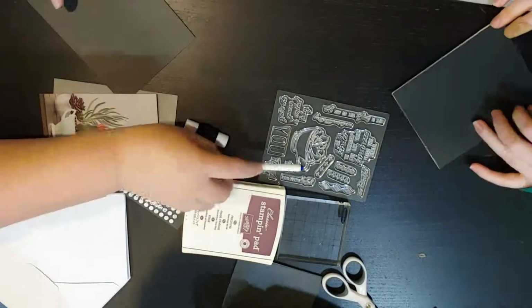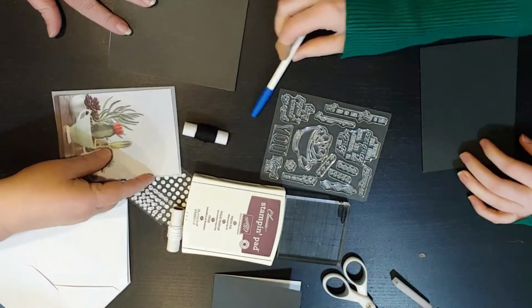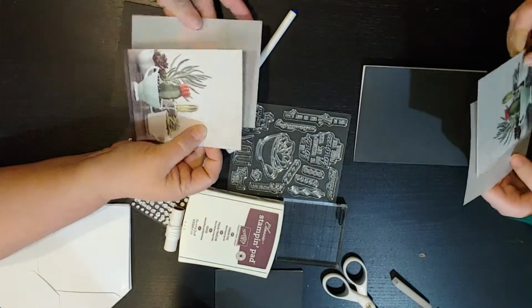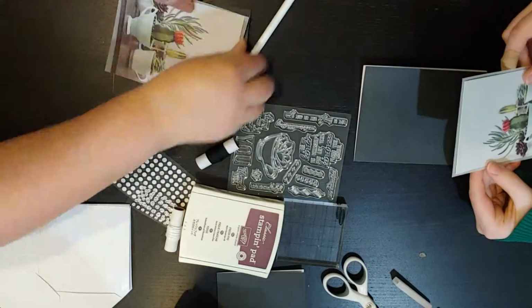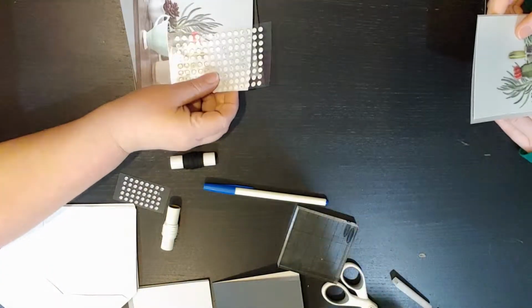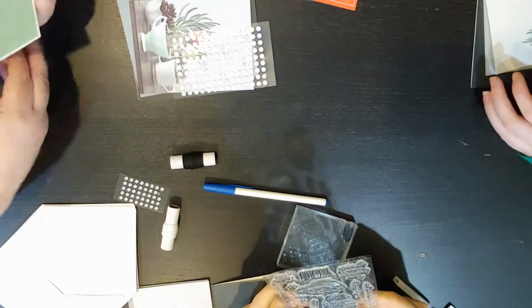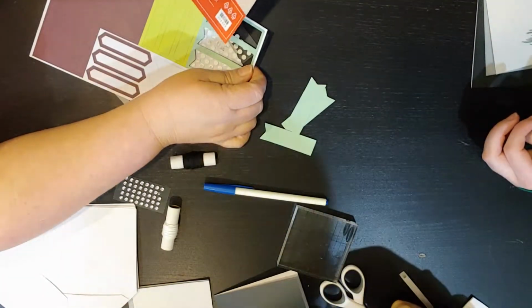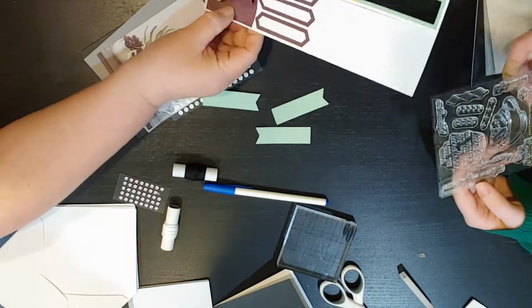And that's amazing. So what we've done is we've decided which one we wanted to work with. And we pulled out the instructions that Stampin' Up! provides with the paper pumpkin. And we just started doing step by step. We all took turns with the one block and the one ink pad,